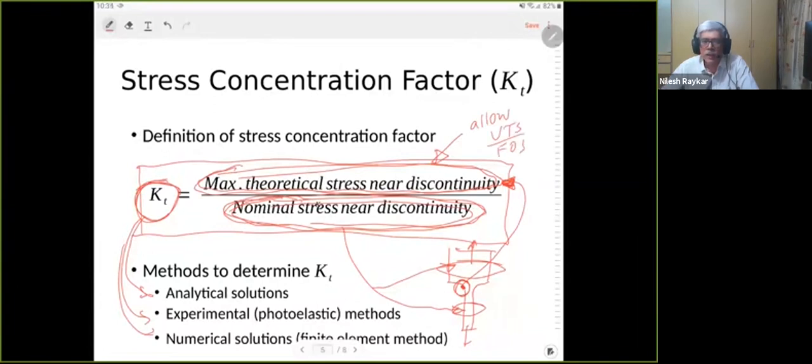So in case you want to design a component, you know how much stress you can go up to. So the maximum stress, or numerator, is known, and then you will know how much nominal stress can be tolerated at that component, and then you size the component so that the nominal stresses are within the limit. So this is the crux of this particular topic. And the further things are the numerical methods which we have discussed. I will not go into that at this time. So let me move to the second topic.